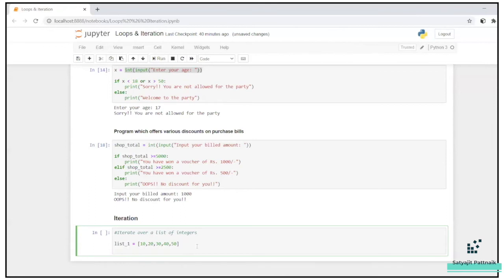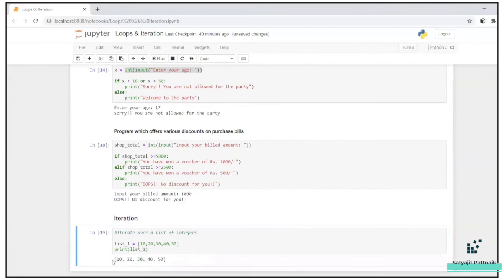Now obviously you can tell me that, hey, I can print it this way, right? Now this way it will be printed as a list. It's a single list, but I want 10, then 20, then 30, then 40, then 50. So what I'll do is for i in list1, that means for each element in list1. Now this i is just a variable. You can define anything. For num in list1, print